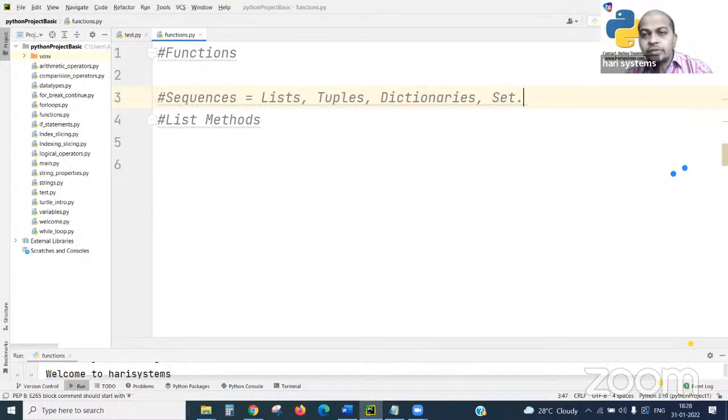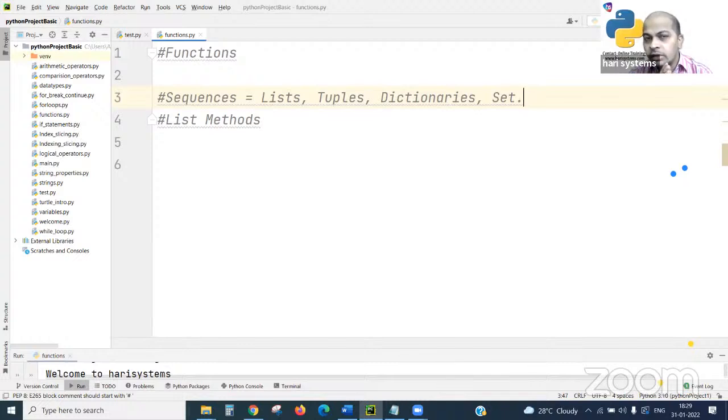One by one, if we see all the things, a common point among all of them is handling a group of data. There is nothing specific to string data type or integer data type or float data type or Boolean expressions, not limited that way.